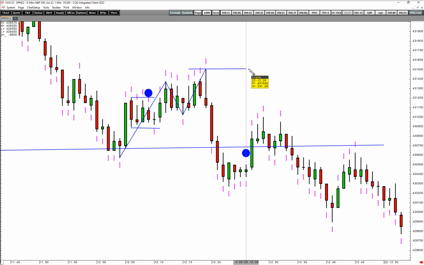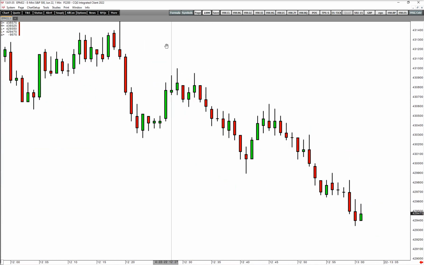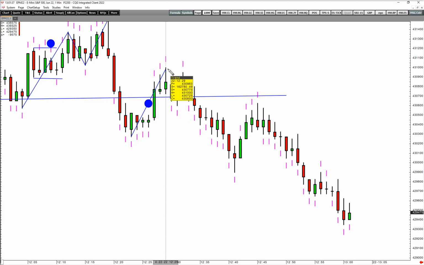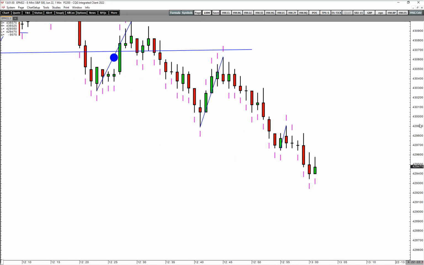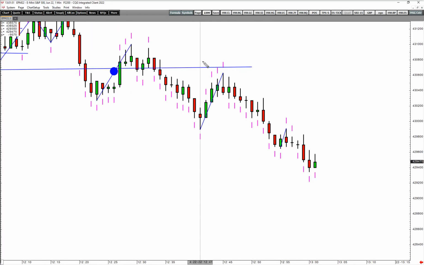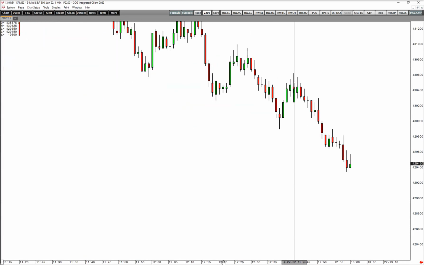So you could have, again, moved your stop. This is 43.15, the high. Again, this is a one-legged pullback. The second one didn't make it as far. Then a new low and a one-legged pullback. One-legged pullback. So again, if you're nervous about staying short, you want to be able to stay with this trend